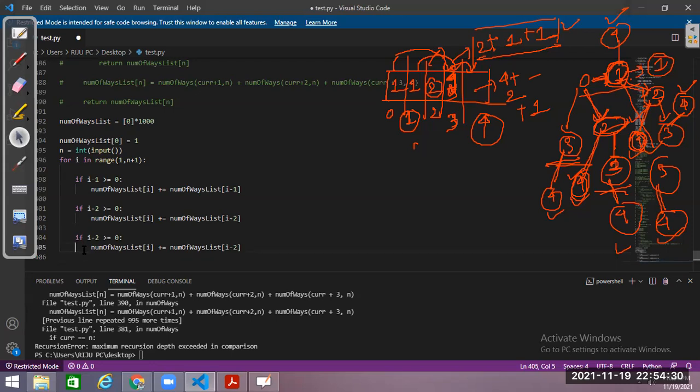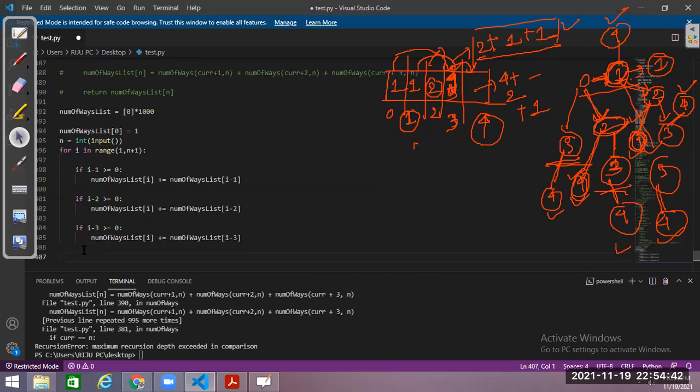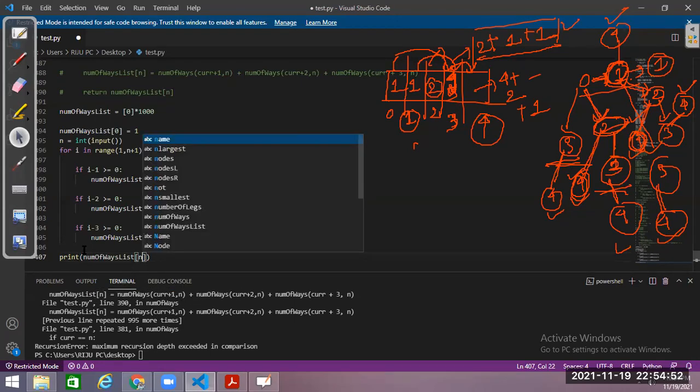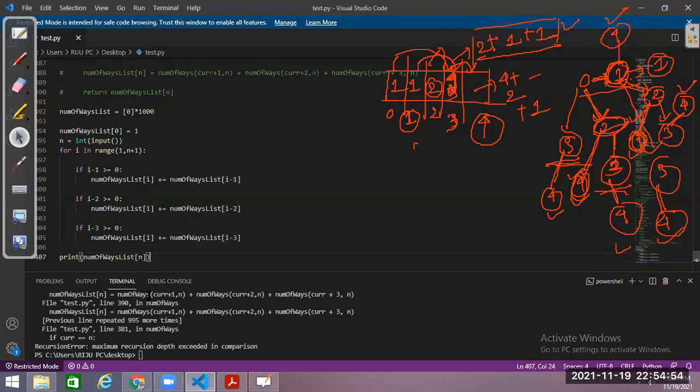And last, I will see this. If i minus 3 is greater than or equal to 0, then number of ways of i will add in itself all the ways through which I have reached i minus 3. Okay. Now at the end, print number of ways of n, the nth stair. In how many ways I have reached the nth stair.